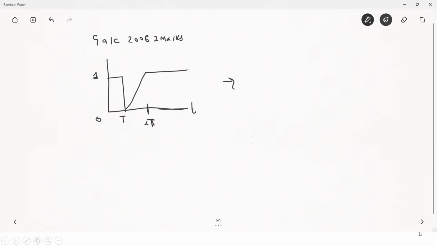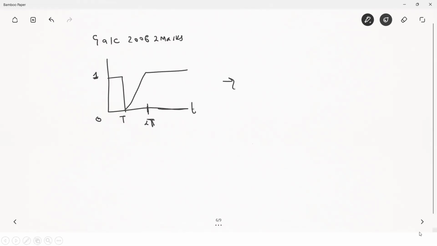You can clearly break the signal from 0 to t and t to 2t. So if you notice in this particular case, what is the value of the signal between 0 to t? It can be clearly seen the amplitude of the signal is 1. And then at t, it is becoming 0, right? So it is only possible if you have a unit step function and a shifted unit step function to get